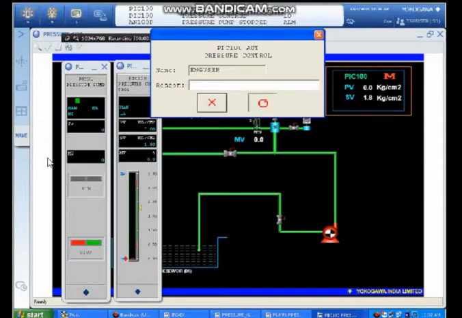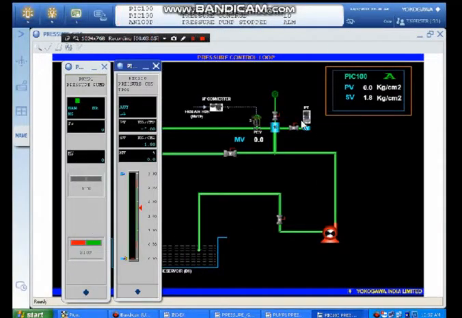Now we will start the pump itself, and the process variable gets started. You can see the process variable changing, the pressure getting raised in the particular system.